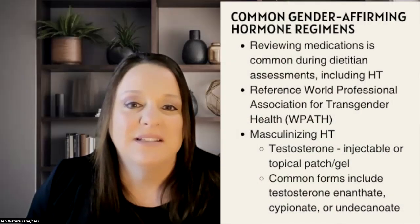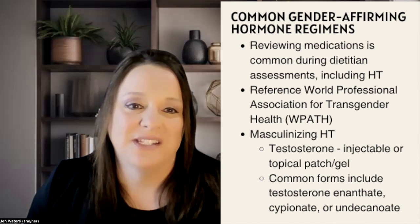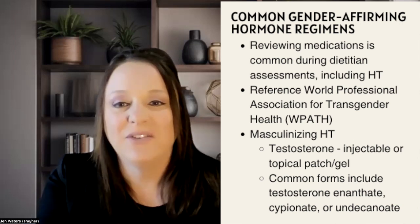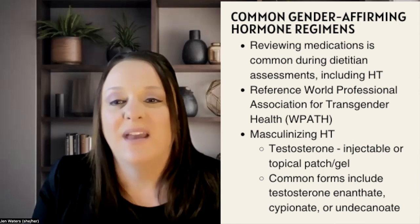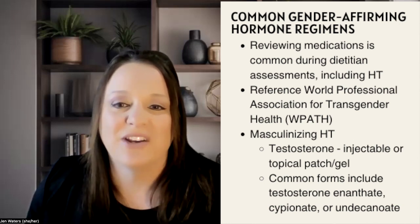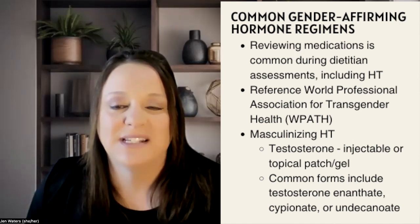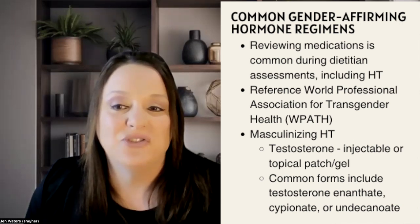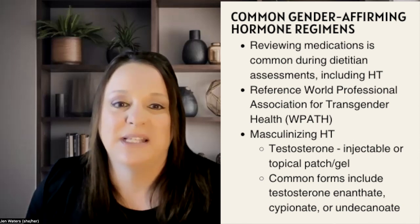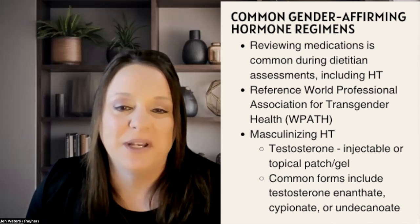As part of conducting a thorough nutrition assessment, dietitians are accustomed to reviewing the patient's inpatient medication orders and their list of home medications. As you probably know, we do this to evaluate for any medication-nutrient interactions, to explain any biochemical changes or gastrointestinal side effects that the patient may experience, to anticipate any nutrition-relevant changes that might present after long-term use of the medication, and it also just helps us better understand the patient's overall clinical picture and treatment